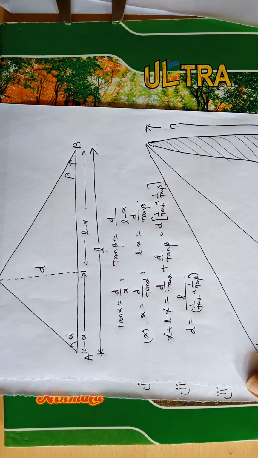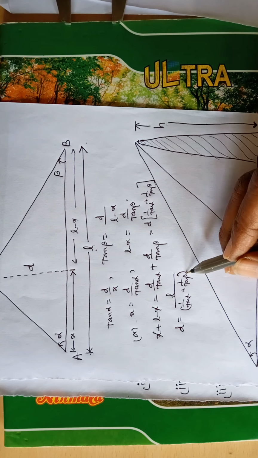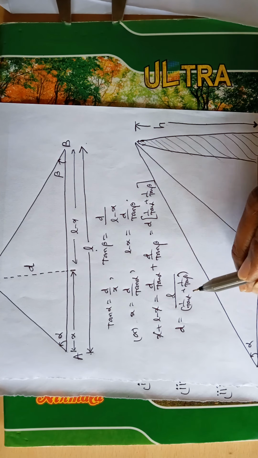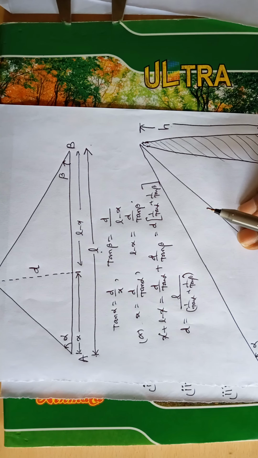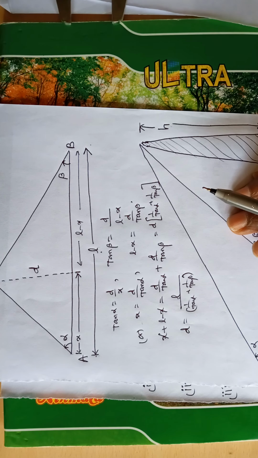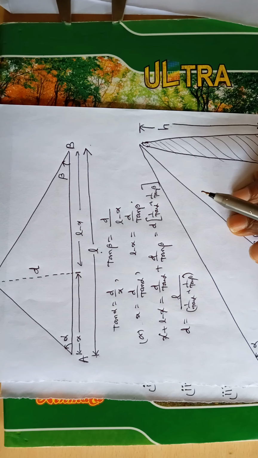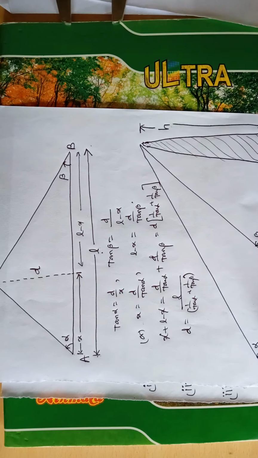See, L value you know, alpha beta value you measured, and substituting these values you will be getting the D value, that is distance of the ship from you. So this is triangular method. See, in civil engineering, this topic is discussed under the heading surveying. In the field they make survey and they make use of this triangular method.